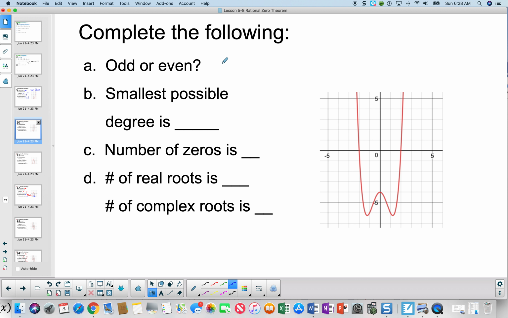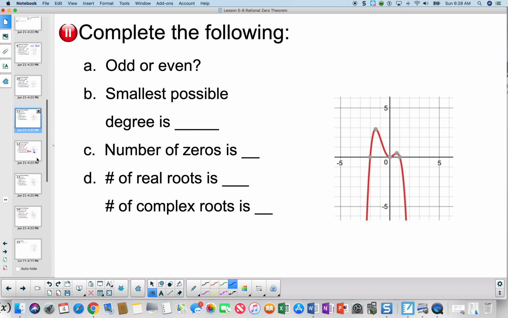Okay, this looks like an even root because the end behavior is going in the same direction. There are 3 turning points. Add 1 to it. This looks like a 4th degree, and that is an even number. There will be 4 zeros, and since it's crossing the x-axis twice, I know I'll have 2